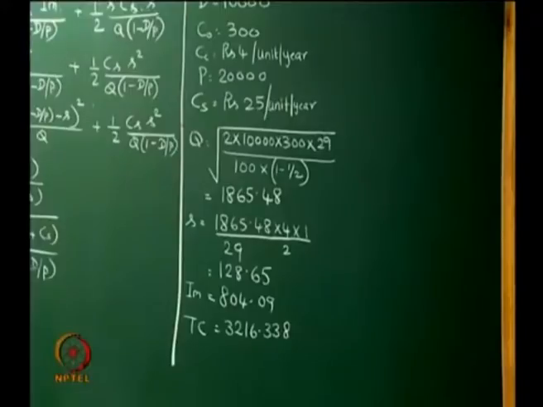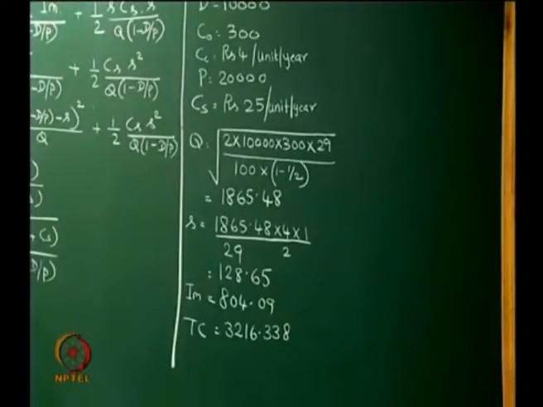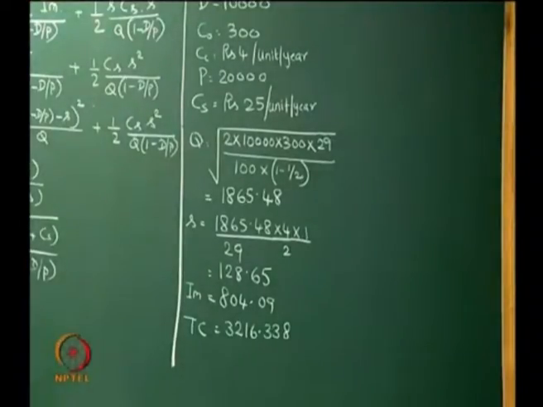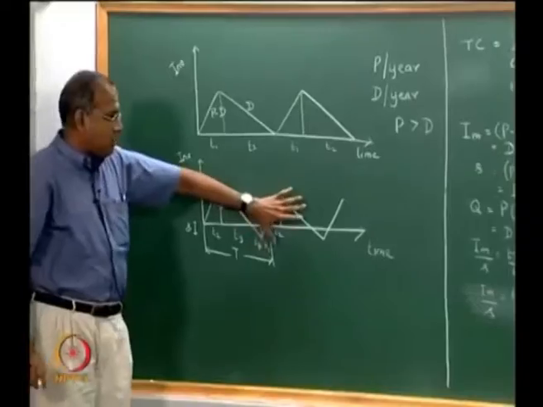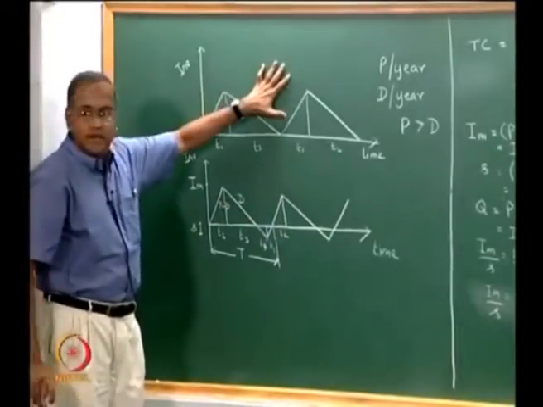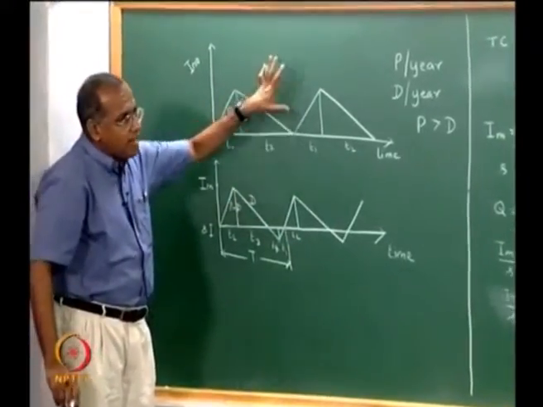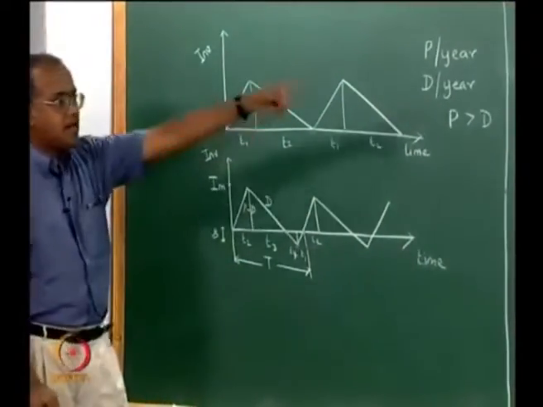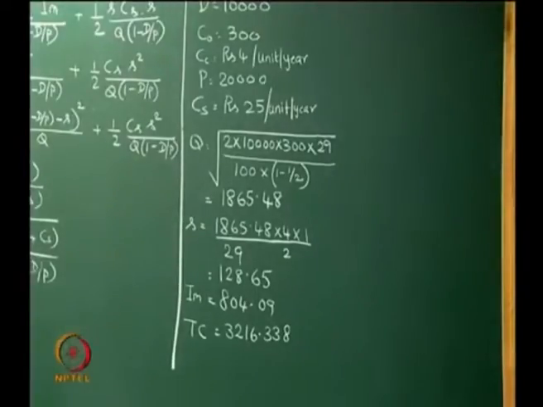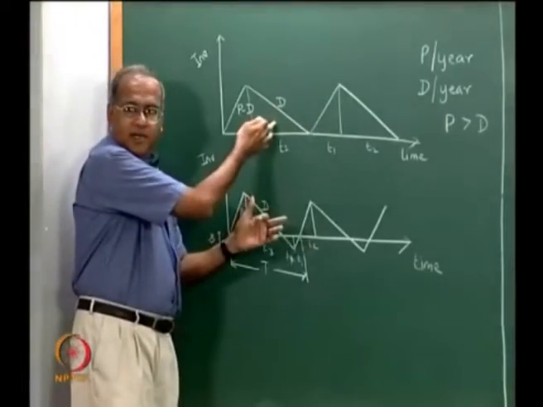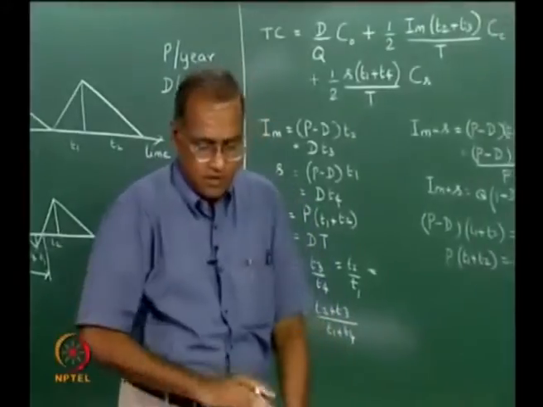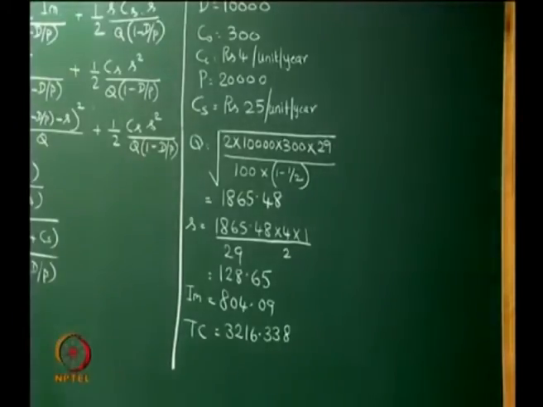Now, in order to see the effectiveness of the back ordering, the only thing we could immediately do is to see what happens if we did not allow back ordering. This model allowed back ordering, this model did not allow back ordering. So, we could go back and compare with the numerical result of the numerical illustration if we did not have back ordering, or if Cs is equal to infinity. So, when Cs is equal to infinity, this model will automatically become this model. We have anyway solved the same numerical illustration for the other model.